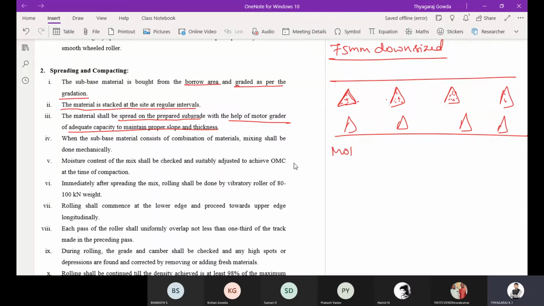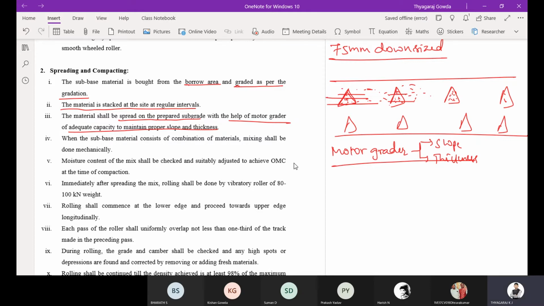Now using the motor grader, you are going to adjust the slope and thickness and spread these stacked aggregates on the subgrade soil. First you bring the aggregates and grade as per the specification, then stack at regular intervals, and now using the motor grader you are going to spread.